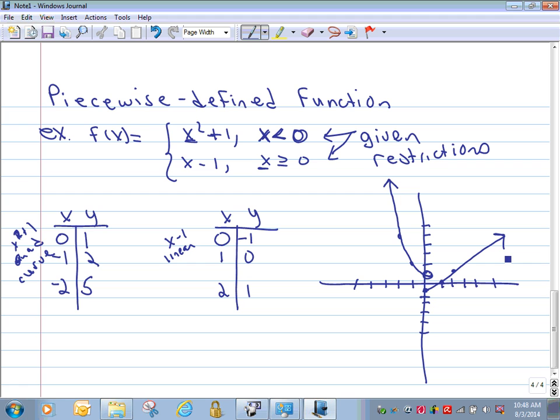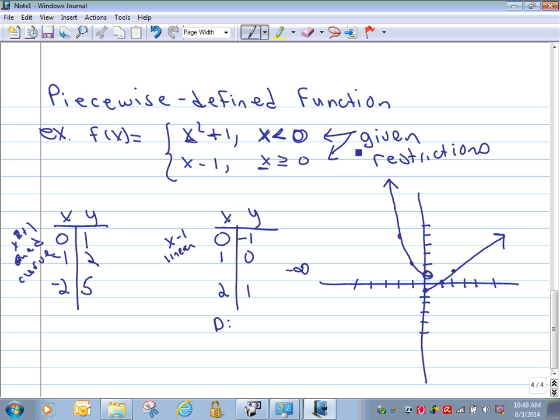All right, looking at the graph, let's identify our domain and our range. All right, so domain. And I'm going to use interval notation. If that is something that you are not comfortable with, then you need to ask me or your peers about it in class. All right, so looking at our graph, we come from the left side, -infinity,